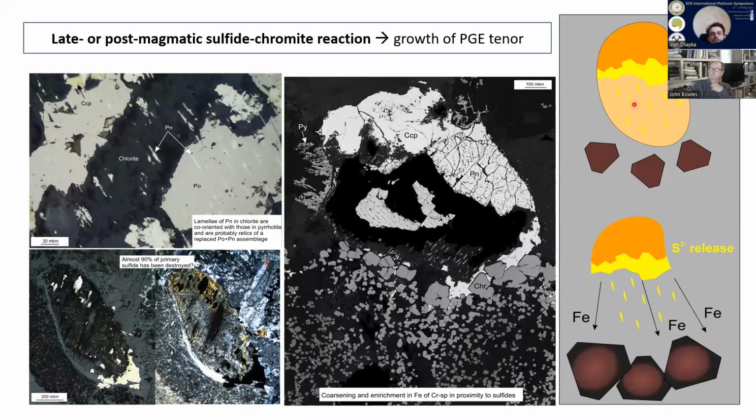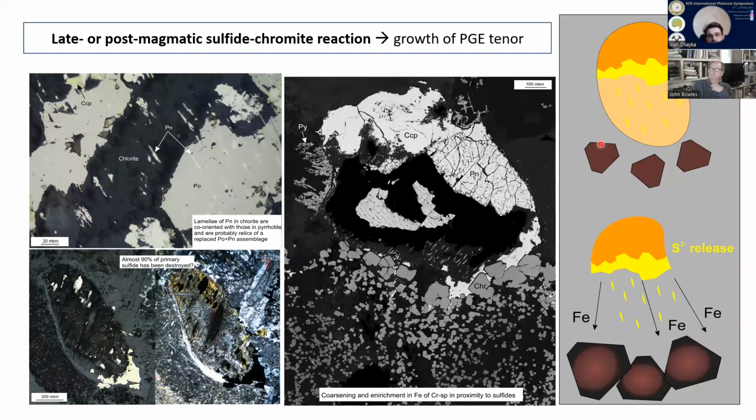Mineralogical data reveals that in low sulfide ores, pyrrhotite is extensively replaced by secondary silicates. Former pyrrhotite is marked by relics of pentlandite lamellae, and in certain cases it is clearly evident that up to 90% of former sulfide is replaced. On the other hand, there is significant coarsening of chromite and growth of iron content in contact with sulfides. Given this evidence and data of previous studies, which show that iron sulfides decompose in the presence of chromite,